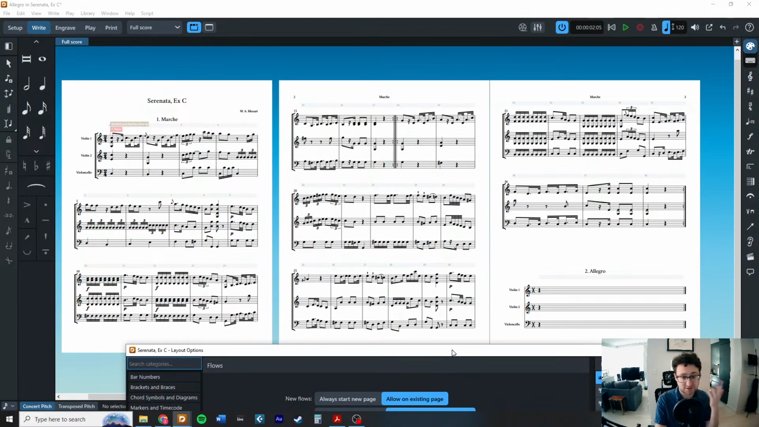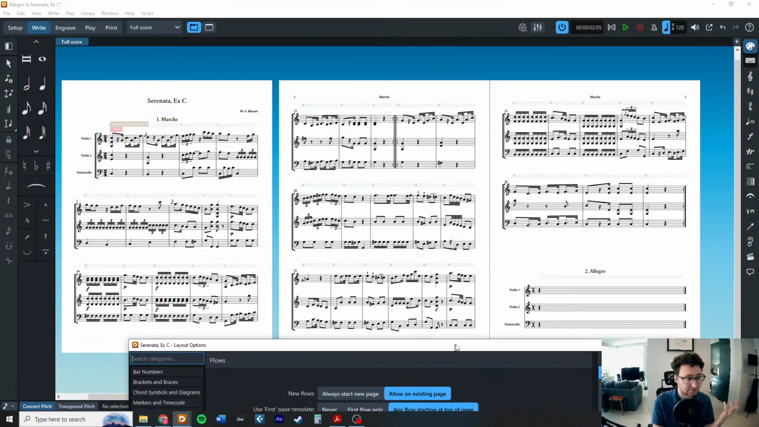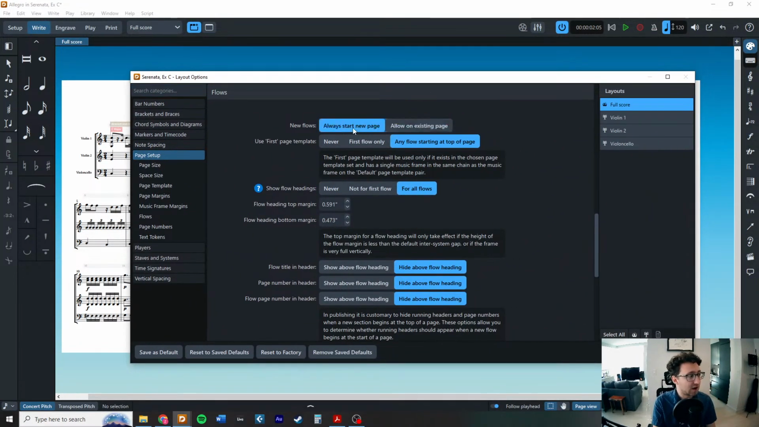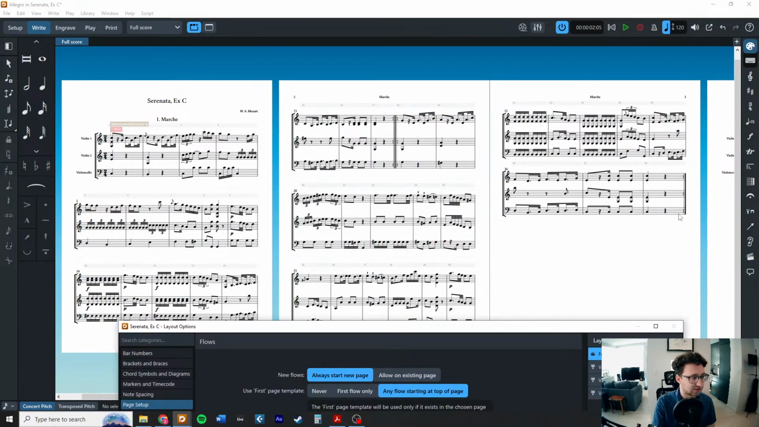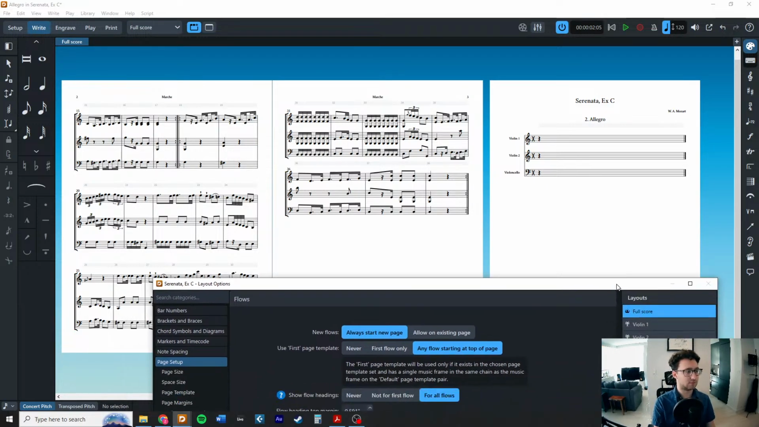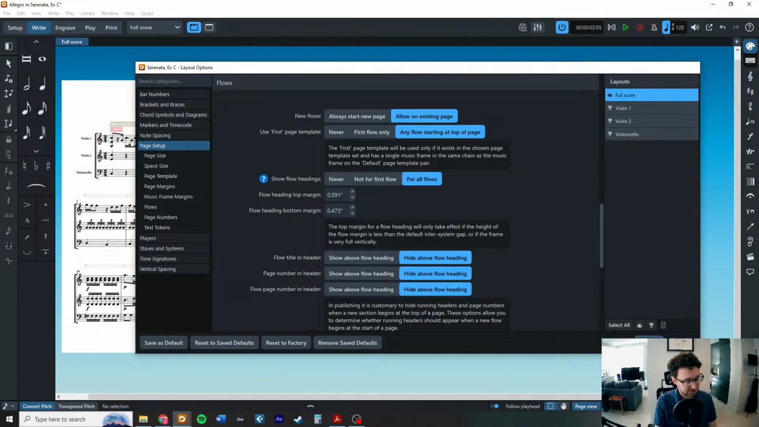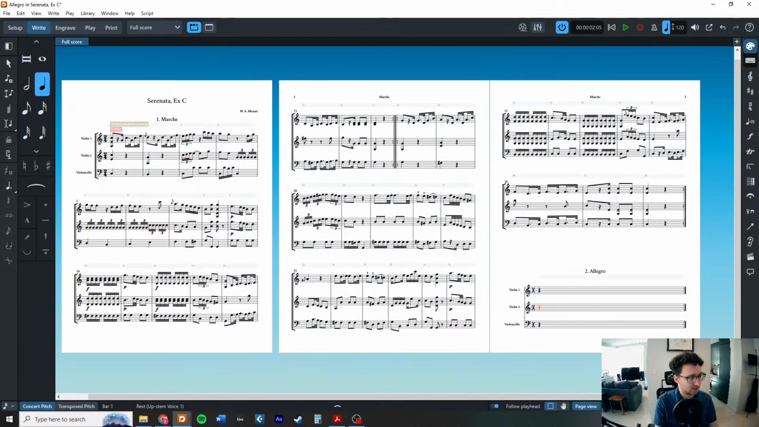More to keep with the fact that this is chamber music, it's a very short multi-movement work, so we can basically save the paper. If I wanted to start it on a new page, I can do that, and now you'll see the first movement ends properly here, and we have a new title page for the second movement. I'm going to allow it on the existing page,